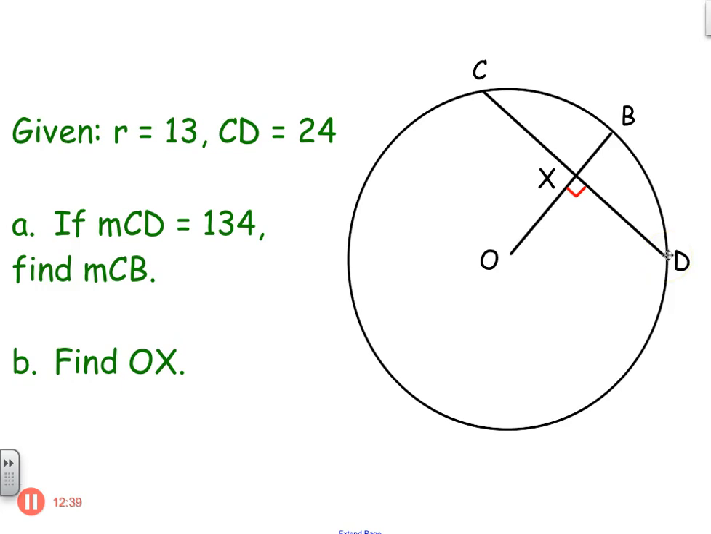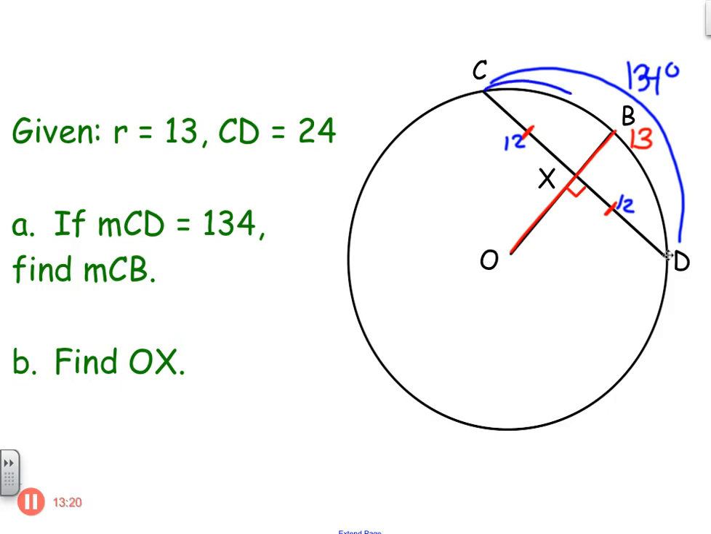So remember, you can already go ahead and assume that CX is congruent to XD because the radius hit the chord, and that's a perpendicular, and that's a theorem we learned. So if I know the radius is 13, so this whole thing is 13, and I know CD is 24, that means I know each of those pieces would be 12, or the whole thing would be 24. All right, so if this whole measure is 134 degrees,